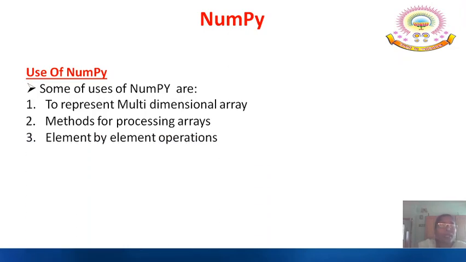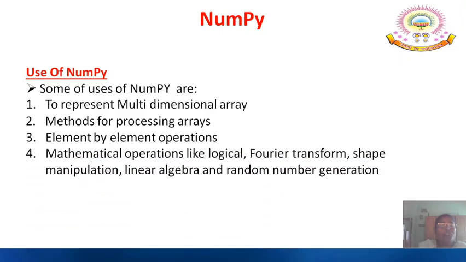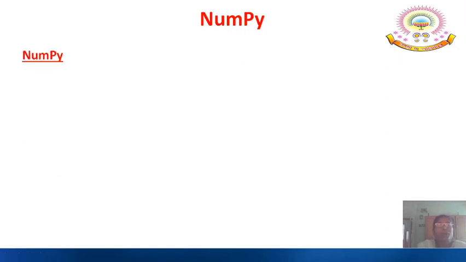If you want to do element by element operations, which is not possible with the list, it can be done using NumPy, which is the most important operation that we need many times. And also mathematical operations like logical, Fourier transforms, shape manipulations, linear algebra and random number generation are possible with NumPy.